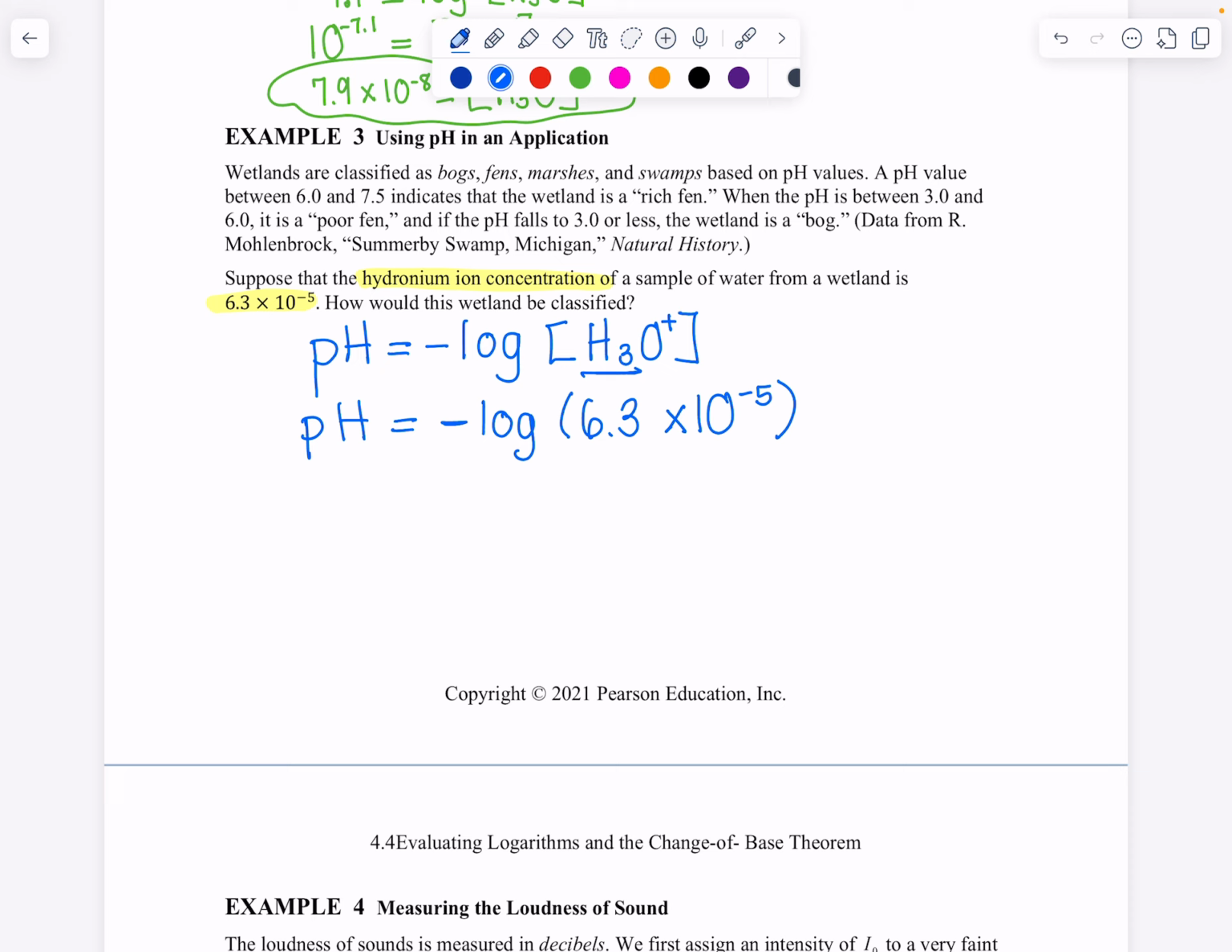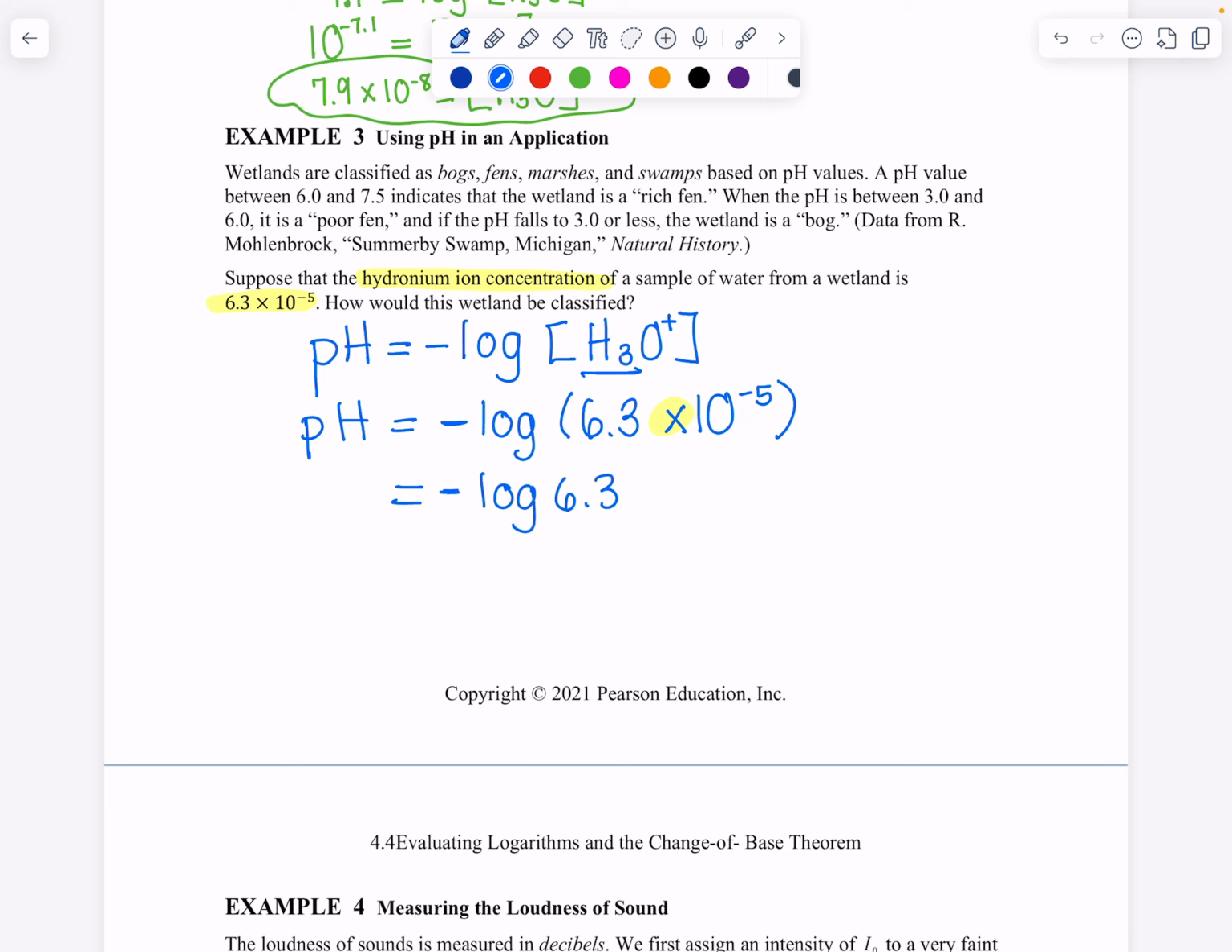Now, look at this right here. Let me highlight this: multiplication. We just went over the properties of logarithms, so here you should see that I can apply the product rule. What does the product rule say? The product rule says I can separate them by addition. Let's do it. Still going to be negative on the outside, log of 6.3,